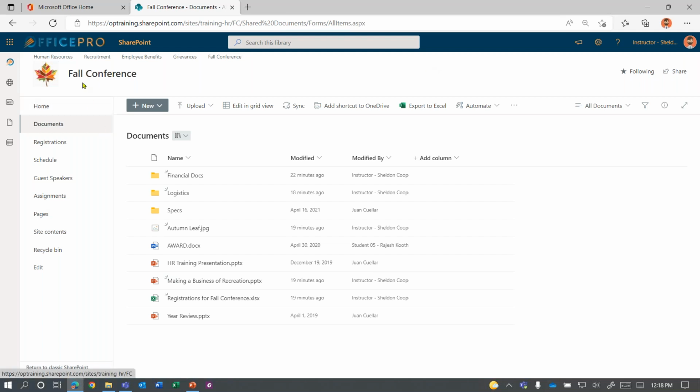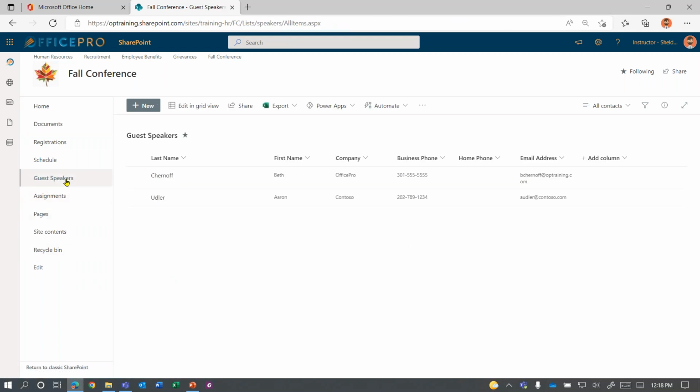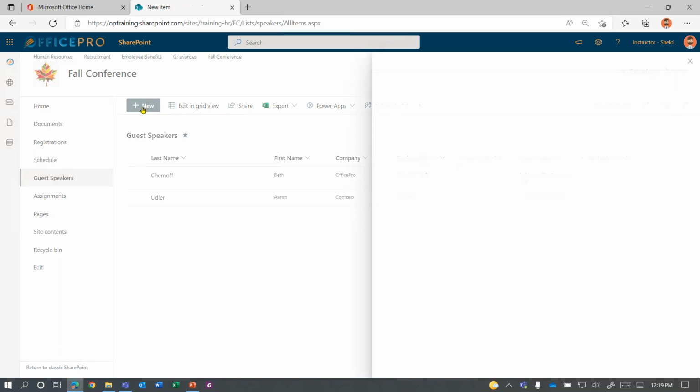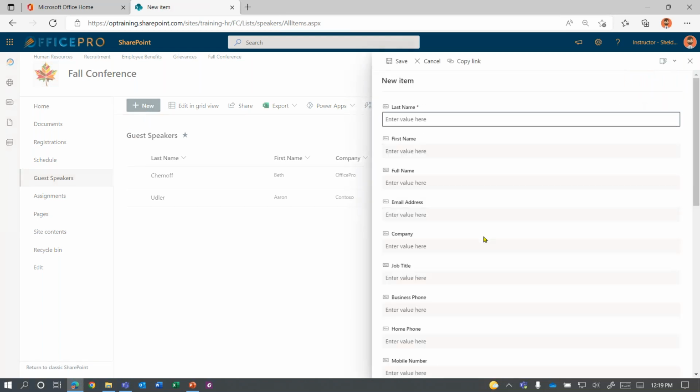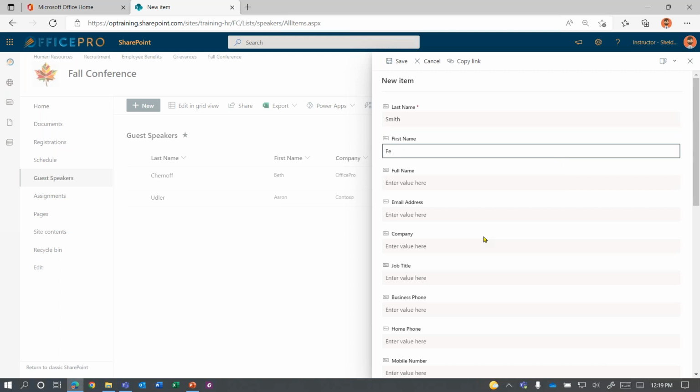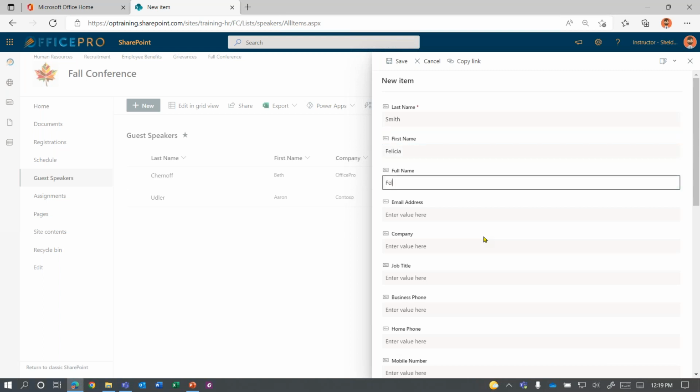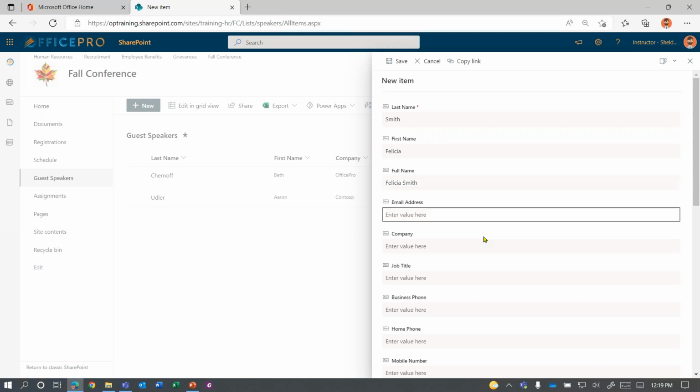But you'll notice that in this case, under Fall Conference, we needed a way to keep track of the contact information for our guest speakers. So notice down the left, I have guest speakers. And notice I already have 2 of my guest speakers, but if I need to add another one, I can click New, and notice how it allows me to add a new item. Now, let's say last name is Smith, first name is Felicia. So Felicia Smith. Her email is